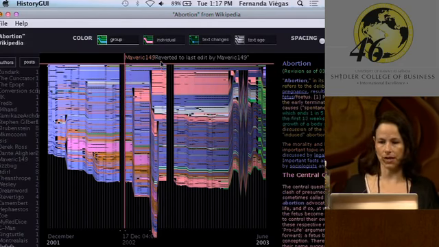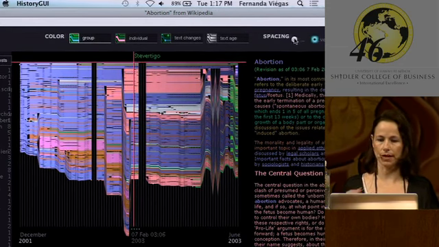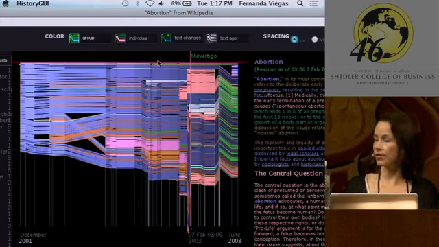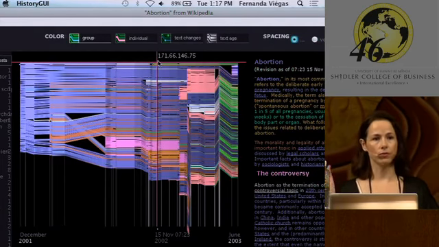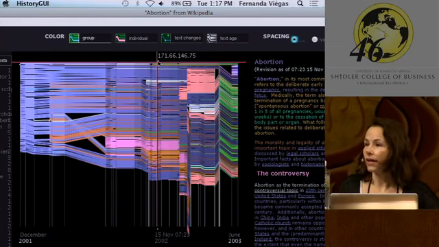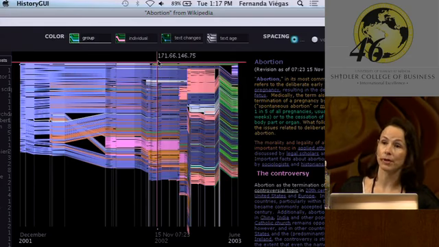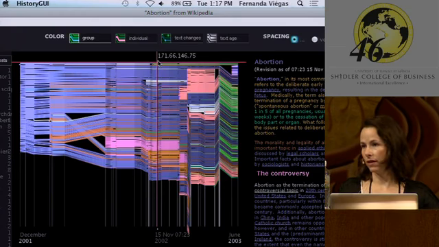In fact, if I show the same exact information, but spaced out in real time, you lose those gashes. Those gashes aren't there because they happen so fast that they don't even show up. So we actually got in touch with Wikipedians. We're like, how are you guys doing this? We're seeing this on our diagrams. How is it possible? So they told us about something called a watch list, which is whenever you edit a